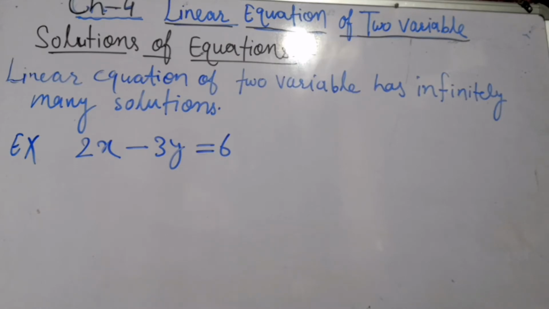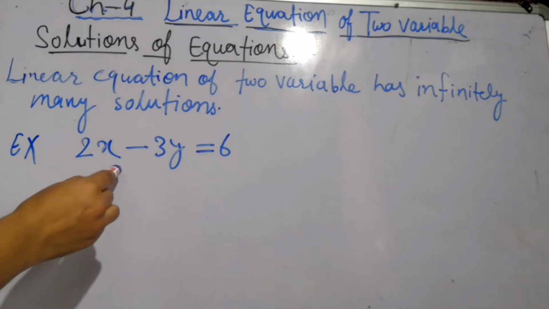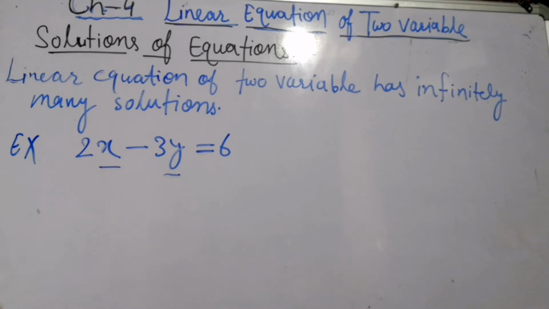Now we will discuss the solution of these kinds of equations. Since a linear equation in one variable has only one unique solution, but if the equation is of two variables, then we have infinitely many solutions. Just take an example of one equation, 2x minus 3y is equal to 6. For every value of x, you will get a different value of y. How? Just